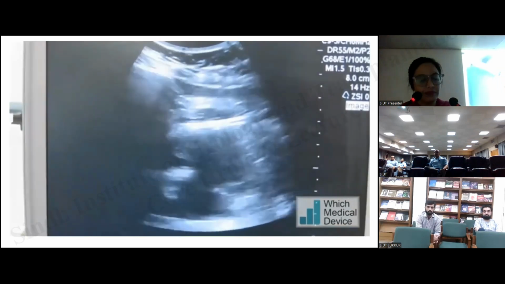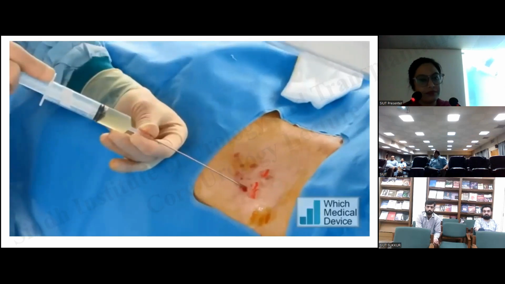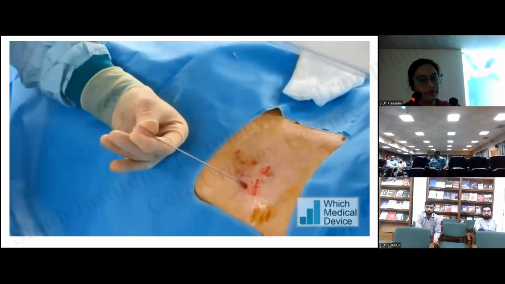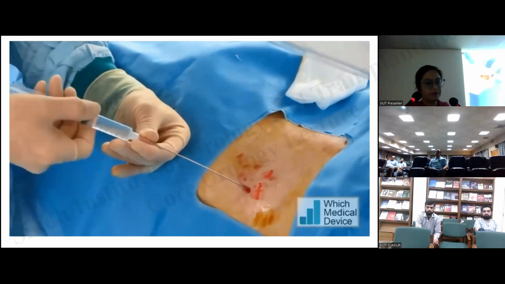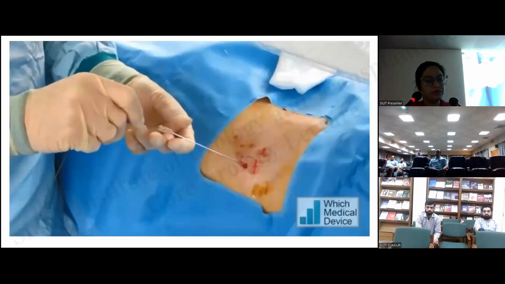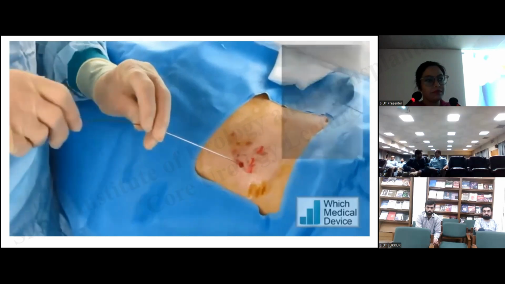So just decompressing the system slightly before we add any contrast minimises the chances of any bacteremia. I'm going to inject neat contrast because it's a dilated system, so the contrast is going to be diluted immediately. See it going free into the collecting system. Okay, so I'm just putting in a Benson soft floppy tip guide wire, which we're then going to change for